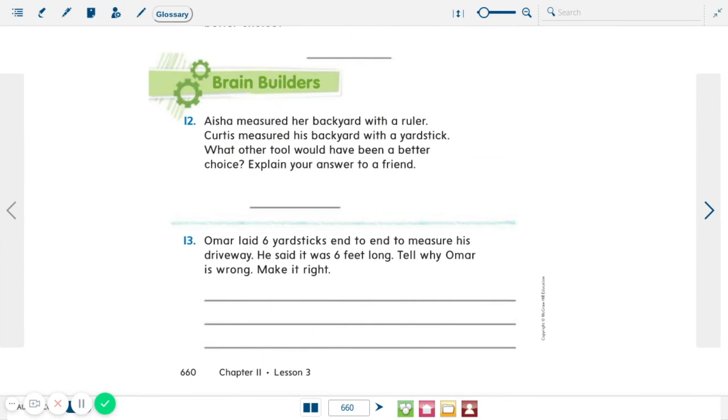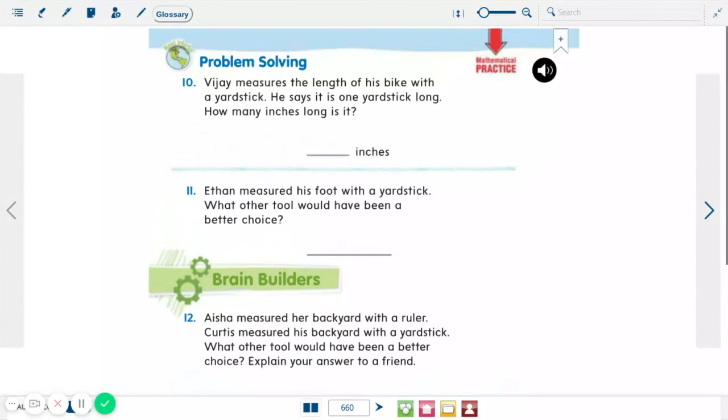Once you're done with those, move on to page 660. Now for our problem solving, VJ measures the length of his bike with a yardstick. He says it is 1 yardstick long. How many inches is it? So we know that a yardstick is 3 feet long. And if we know that a foot is 12 inches,